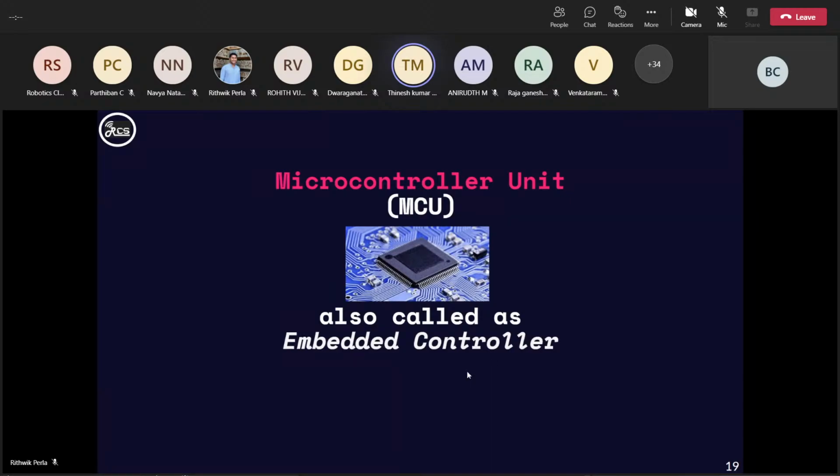It does not usually look like a computer, often no keyboards, no monitors or mouse, but it is like any computer. It has a processor, software, input and output. The only thing is it does not look like a computer, but it can do all the things that a computer can do. So an embedded controller is a powerful one, a good competitor of a computer. So I hope you understood what an embedded controller means. So let's move on to the next slide.